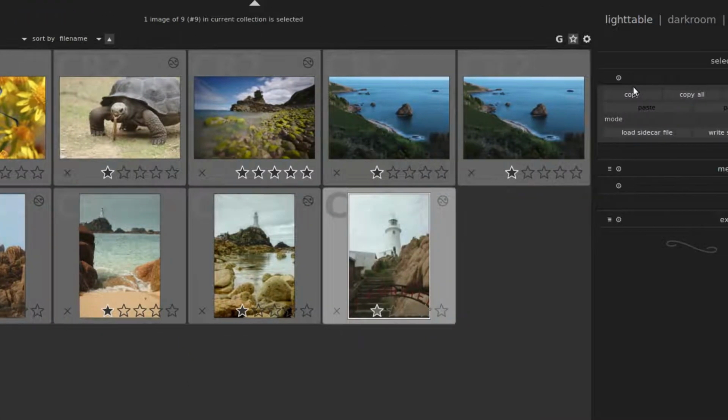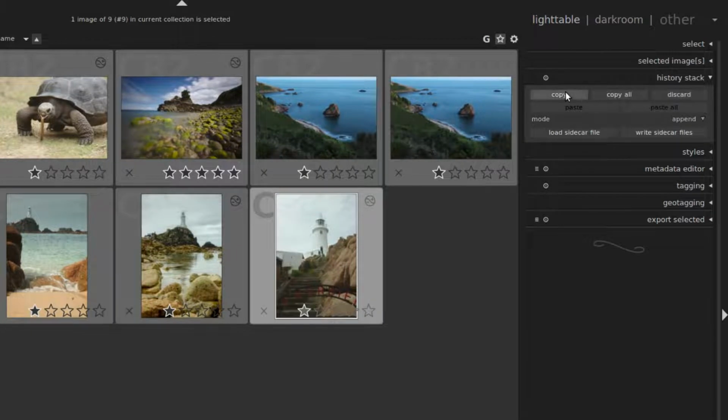So here is things we can do to the history stack. We can copy it onto other images, either all of it or parts of it, or we can discard it completely. So say we copy the history stack of this image,